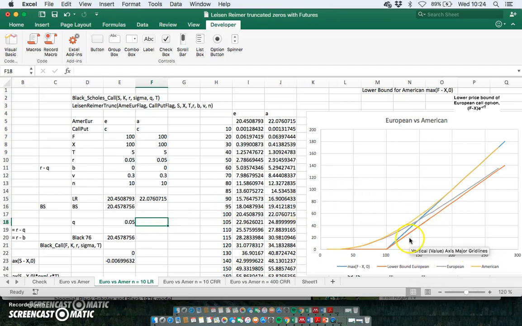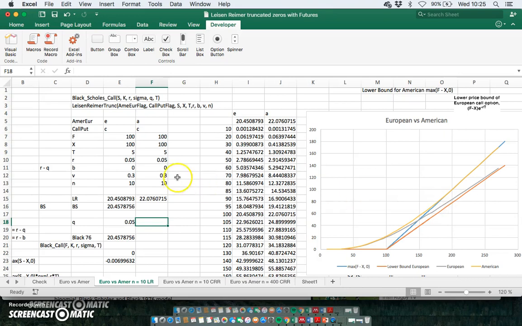Given that the lower bound for the European option is F minus X e^(-RT), the lower bound for the European option is given by the orange color, and the lower bound for the American option is given by the blue. If we can somehow reduce the distance between the blue and the orange, then we will see increasingly a convergence between the European and